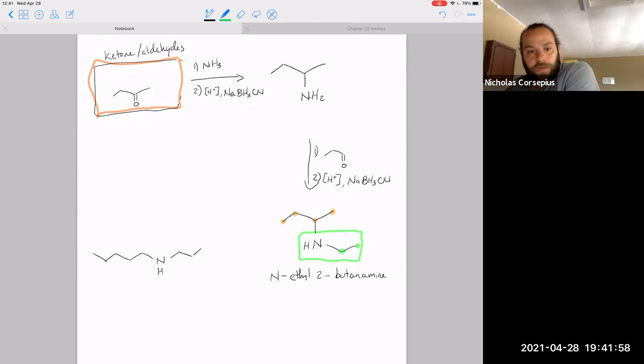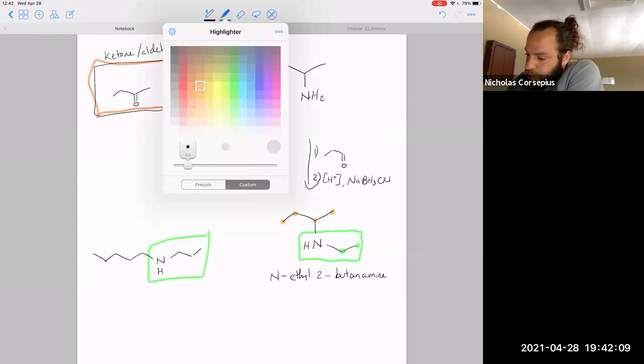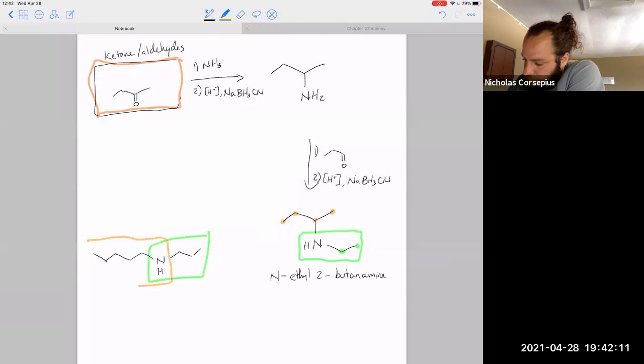Right, so here we have to, yeah, exactly. Nice job. So here we sort of have to decide whether this chunk is going to be our substituent or whether this chunk is going to be our substituent. And we want our parent chain to be whichever one is longer. So this will be the substituent, and these 1, 2, 3, 4, 5 carbons will be